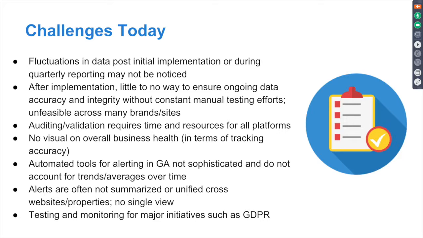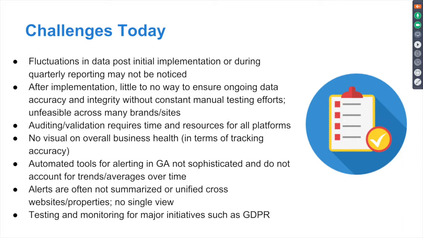And really that's a big challenge, particularly for anyone that manages more than just one website, one platform. Yes, there's QA testing and lots of things in place to prevent things from breaking, but when you have so many tags, so many sites, so many things to manage and maintain, understanding when a tiny event or a goal or some kind of pixel stops working is the challenge. So really that's the thing that we wanted to try and address, is that validation ongoing, so that it's not countless hours and manual time spent testing and making sure every single thing is perfect when you have really robust and a lot of tracking in place.